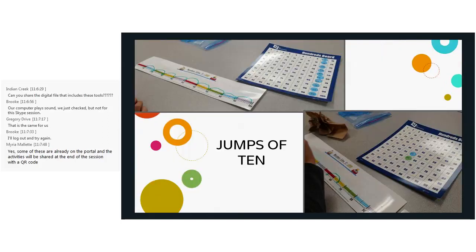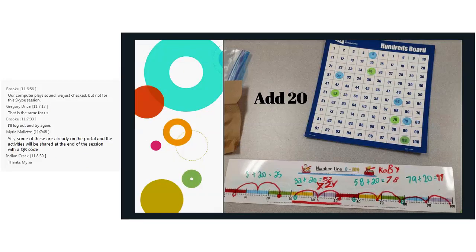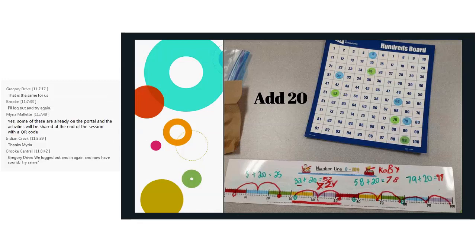Connect jumps of 10 from one representation, such as the hundreds chart, to jumps of 10 on a number line. Notice if students are counting on by ones or making a full jump of 10. In the top example, students started at 9 on their hundreds chart and counted by tens and showed these same jumps of 10 on the number line. In the bottom example, a student used a hundreds chart and a number line to show that 55 plus 10 equals 65. When students are comfortable with jumps of 10, we can move on to other multiples of 10, such